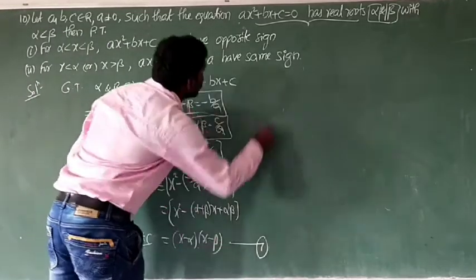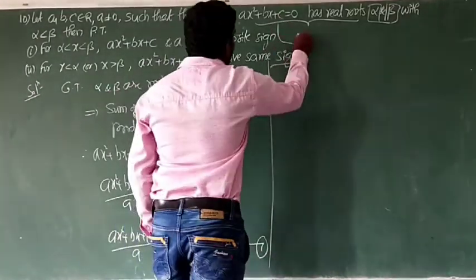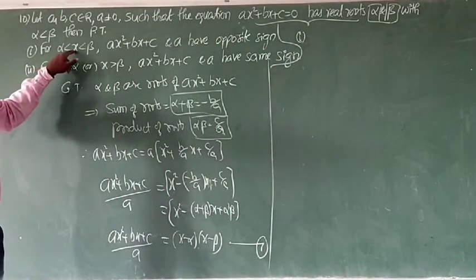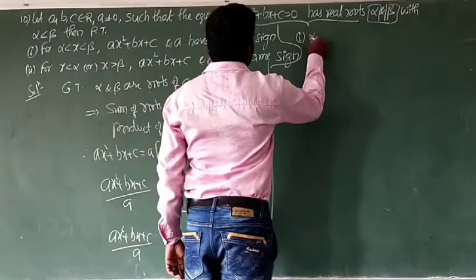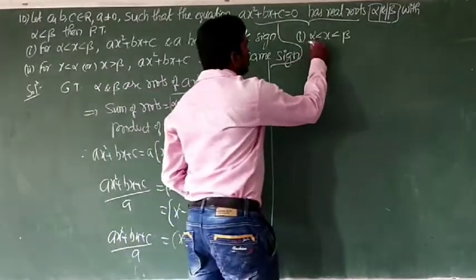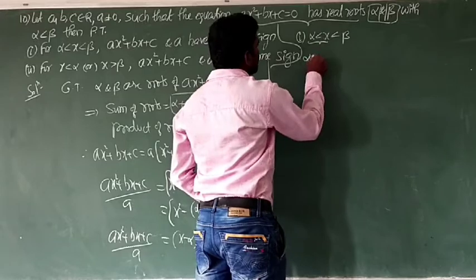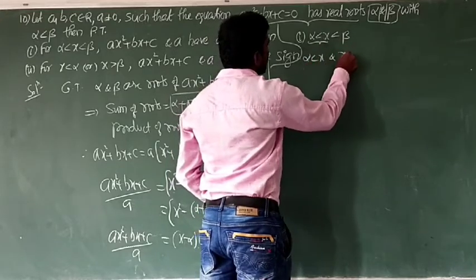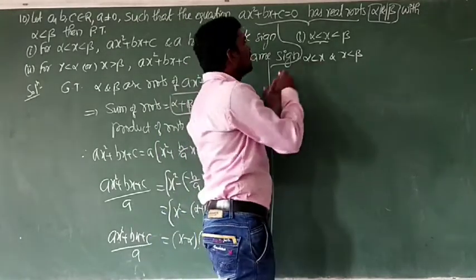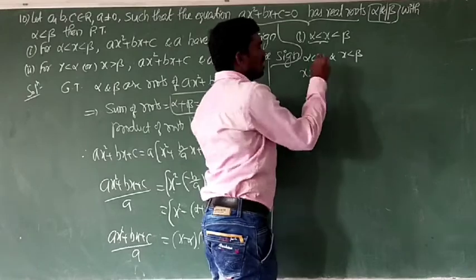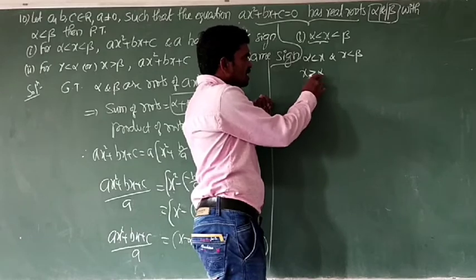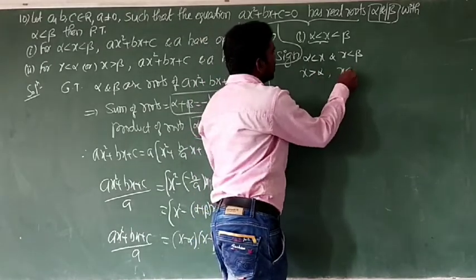Let me call this equation 1. Now take condition 1. The first one I am going to prove now. What is the first one? Alpha less than x less than beta. That means we can write alpha less than x and x less than beta. Alpha is less than x, means x is greater than alpha, right? See, it says alpha is less than x. Next, x is less than beta, means beta